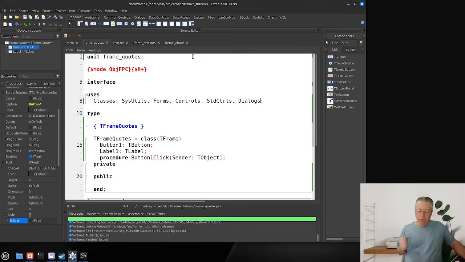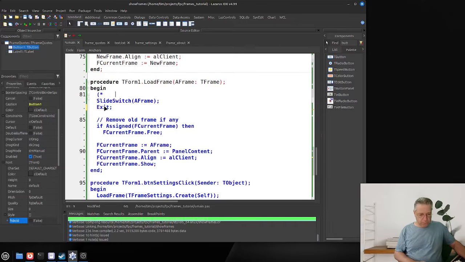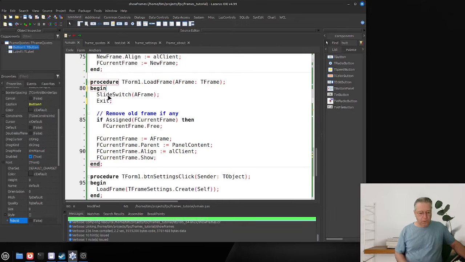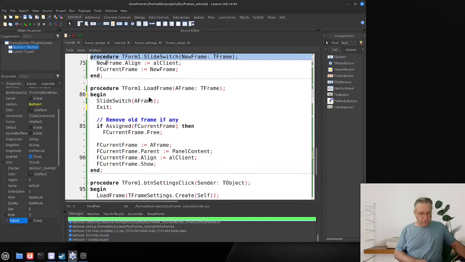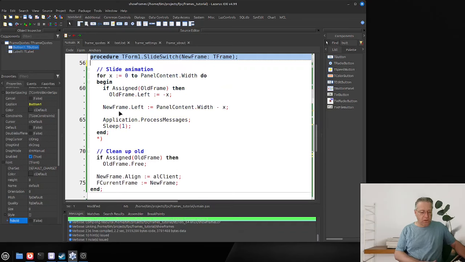By themselves, frames are functional. They're great to use in terms of the reasons I've explained earlier. But how can we make a frame a little bit more appealing to the user? To that extent, we're going to do a slide switch here, which is another function I've written, and basically what it's going to do, once I comment out this code here,